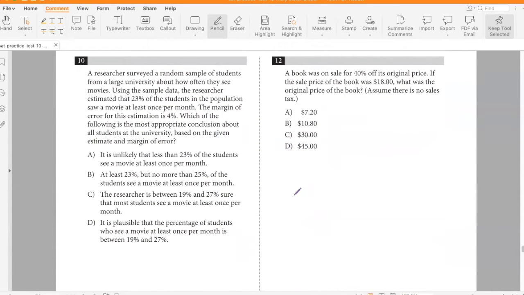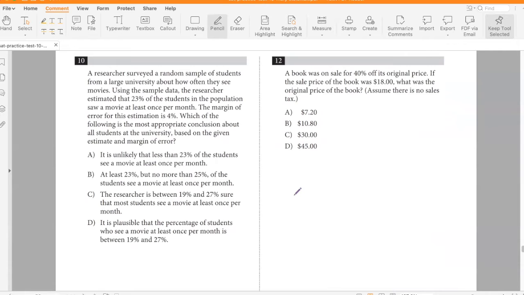A researcher surveyed a random sample of students from a large university about how often they see movies. Using the sample data, the researcher estimated that 23% of the students in the population saw a movie at least once per month. The margin of error for this estimation is 4%. Which of the following is the most appropriate conclusion about all students at the university based on the given estimate and margin of error? It is unlikely that less than 23% of the students see a movie at least once